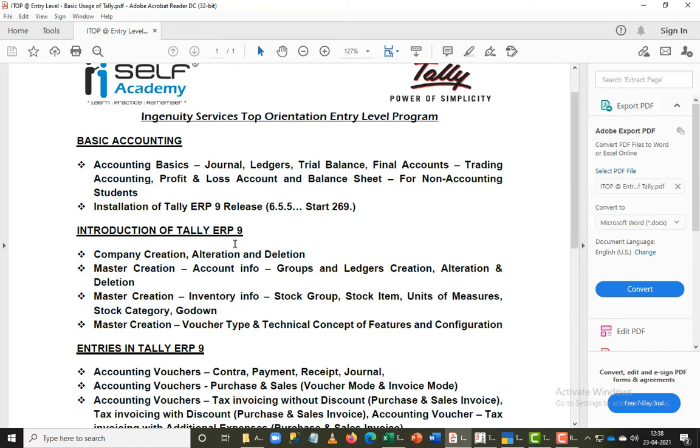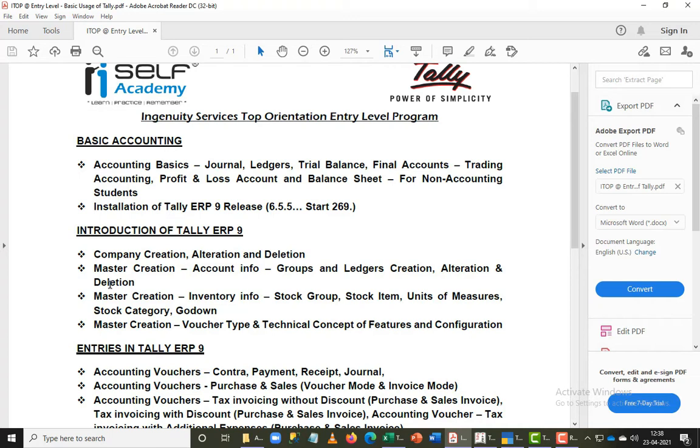In today's part, I'm about to show you what master creation is in accounts information, where we create a group and ledger wherever it is required. Wherever we need to alter the ledgers, we're going to alter them. Deletion is not a part of our plan at the moment. We are not going to do a deletion here, but I'll create one dimension at last and show you how to delete it. So let's jump into the point.